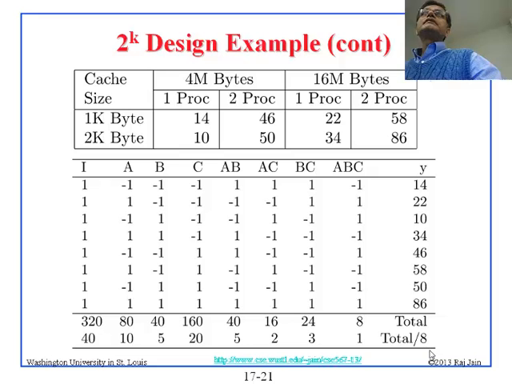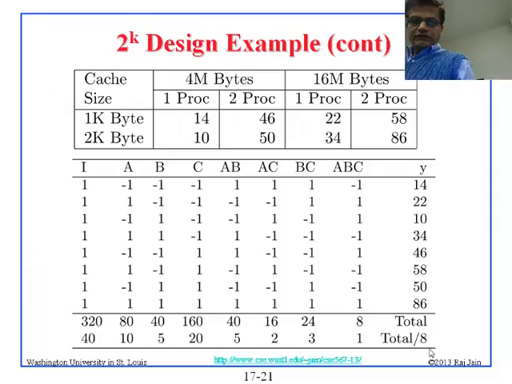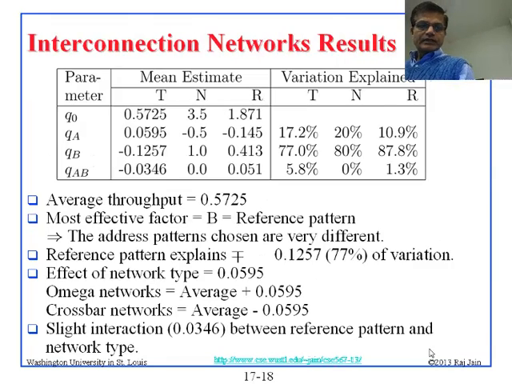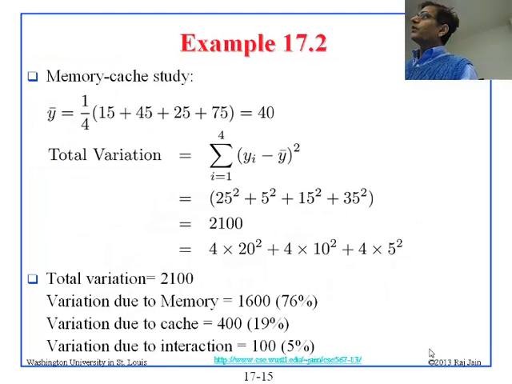Can you repeat the two ways how to do it? Yeah, it's next slide. So the first way was here, yi minus y bar whole squared. Now this is a 2 by 2 example, but a 2 raised to 3 example will have up to 8. So you take yi minus y bar, you take the mean, subtract it from each observation and add up, that will be total variation,